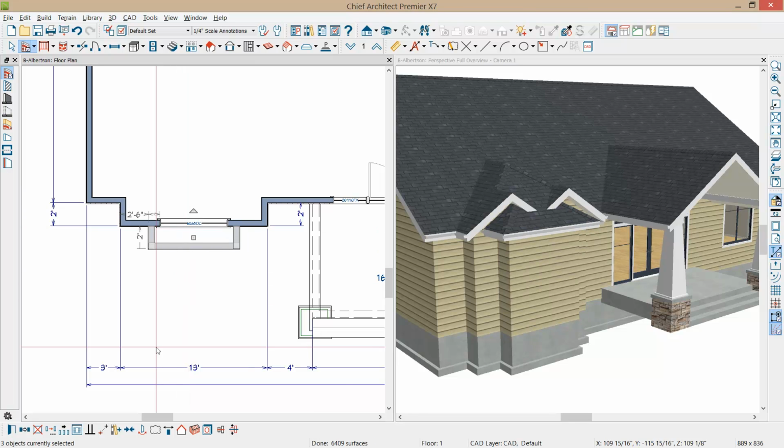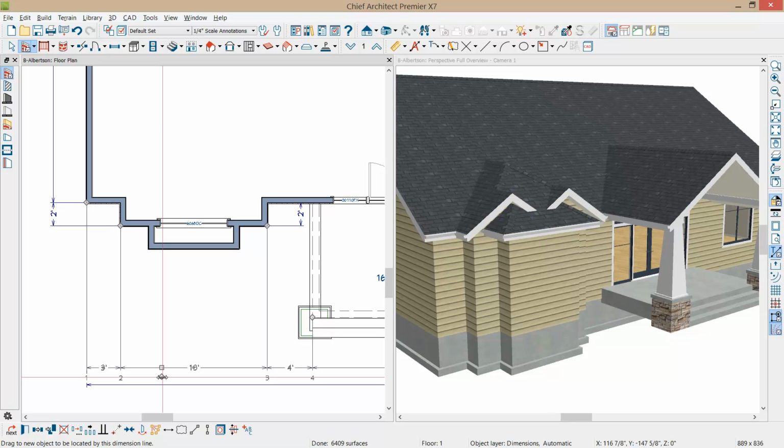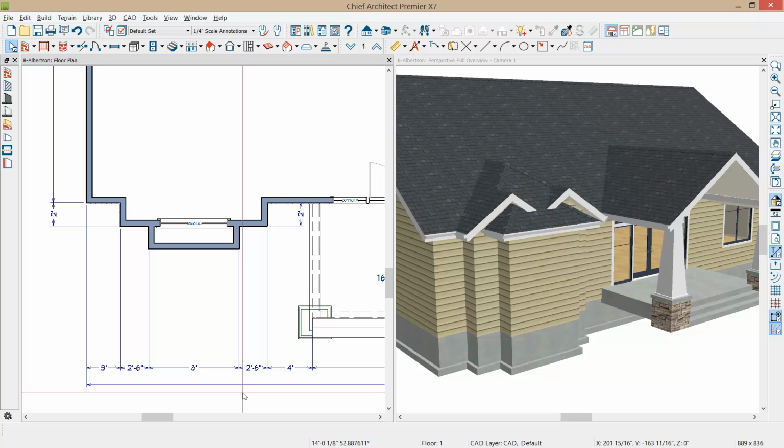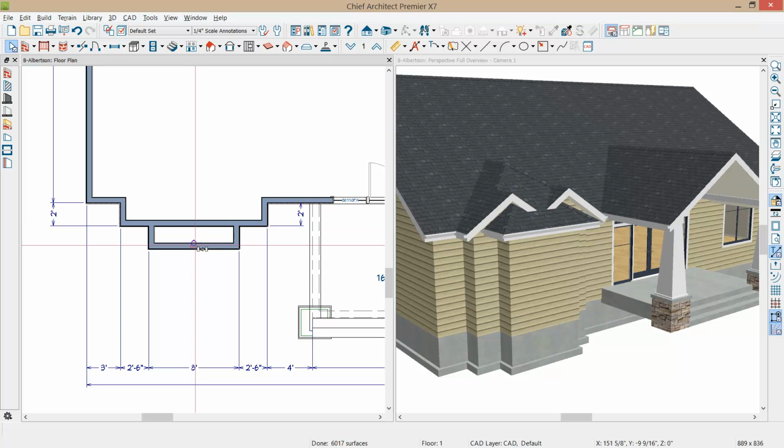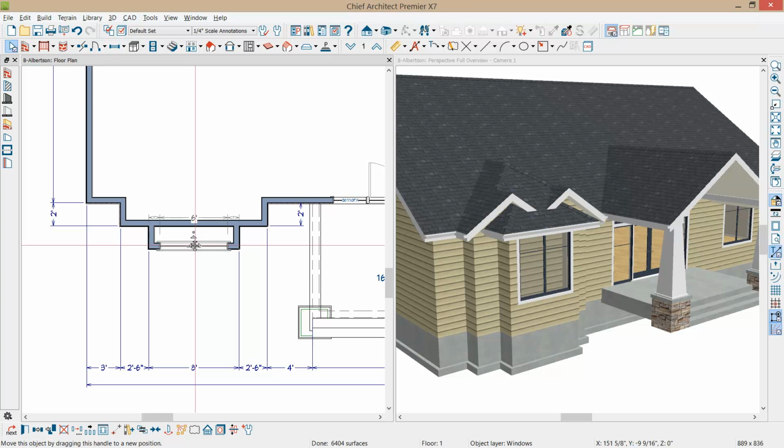I could have expanded my dimensions down here to cover that just by simply clicking on the extra diamond, pulling that in, and attaching it, and then typing in the number off of the dimension. So I have the pop-out added on there. And the next step before we correct the roof is let's grab this window, and I'm just going to use Control X on the keyboard to cut it, and then Control V on the keyboard to paste it. And we'll just come out and paste that on the outside. So I've moved the window, I've added the pop-out, and now what I need to do is let's select this